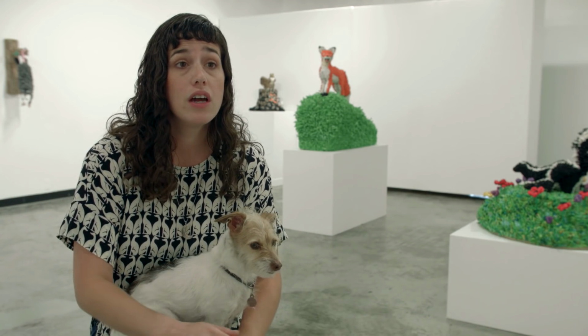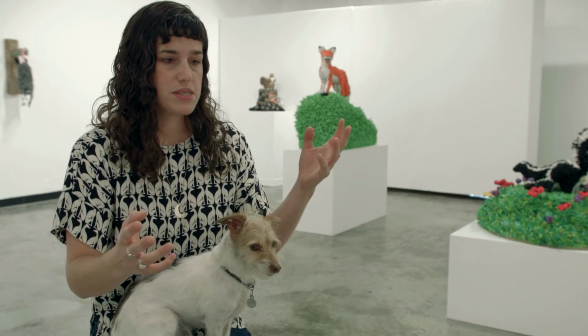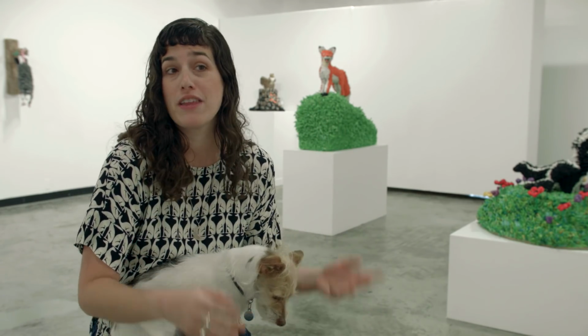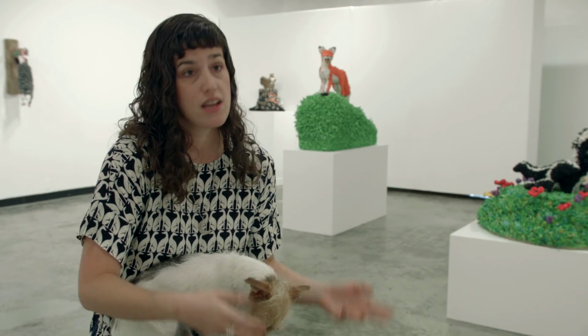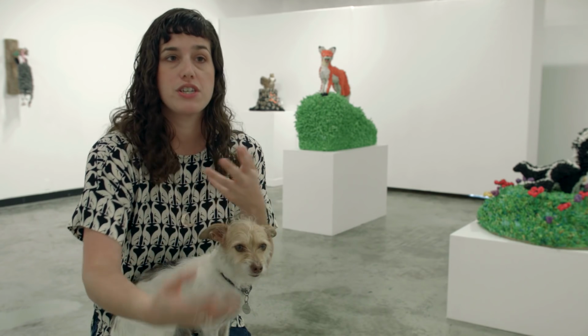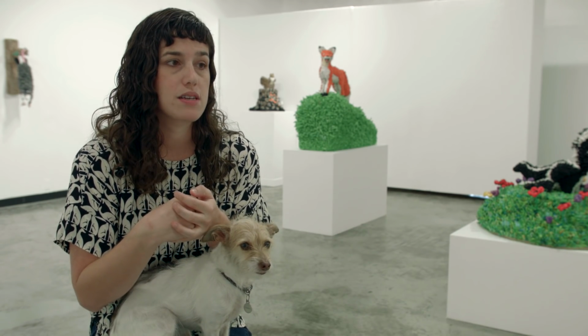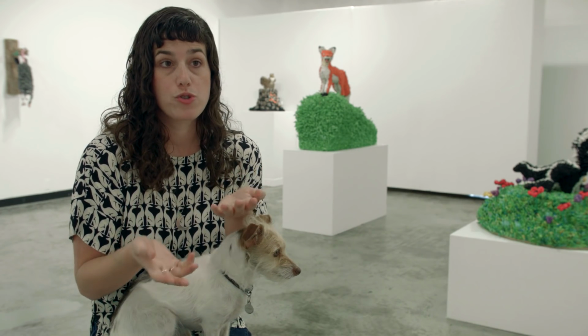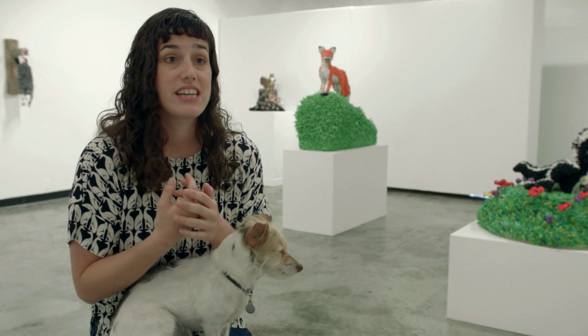About 90% of the materials that are used in this exhibition are recycled. The pieces themselves, if you're interested in what the frame is, I bought them all on eBay. They're taxidermy mount frames. That's the only part that I bought. The rest is all recycled materials. Either my friends are donating me plastic bags, or I've been going to the Austin Resource Recovery Center and collecting